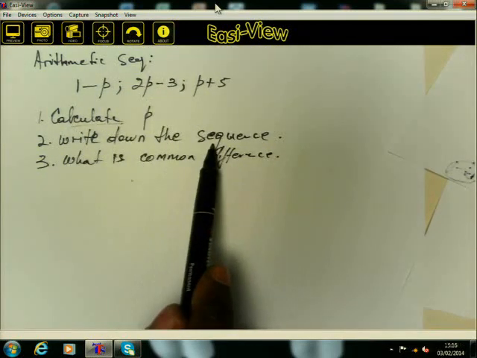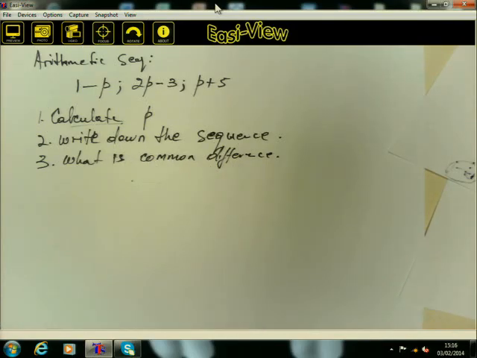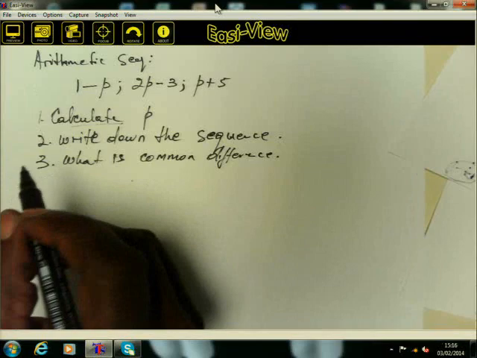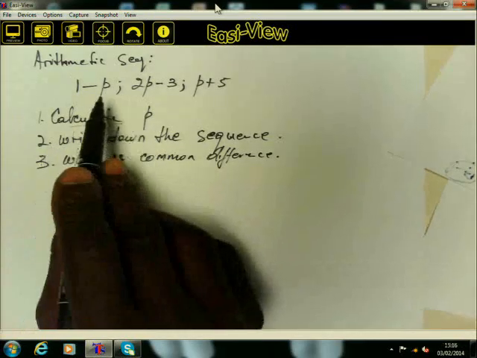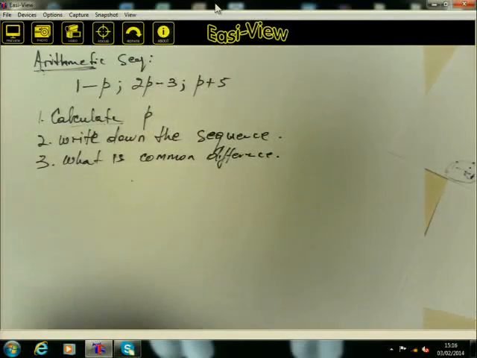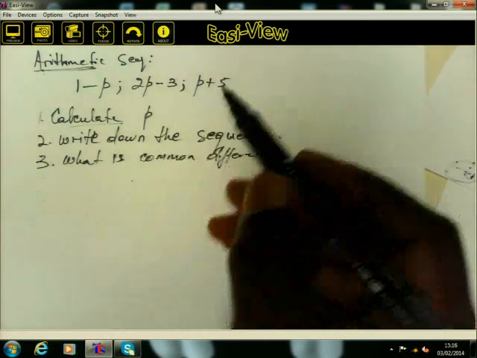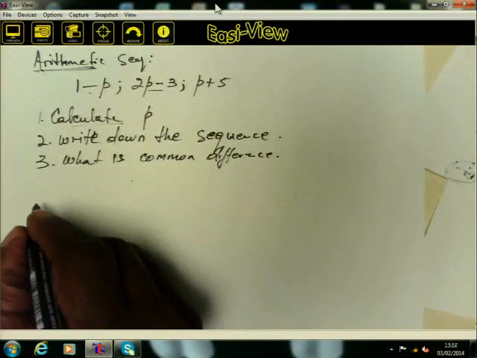We need to get the sequence, write down the sequence. We need to look at the common difference once more. And then we can quickly rush onto that and say, to calculate p, what do we know about the arithmetic sequence? We know the arithmetic sequence has a common difference. So the common difference is given by the second term minus the first term. In other words, we are going to have